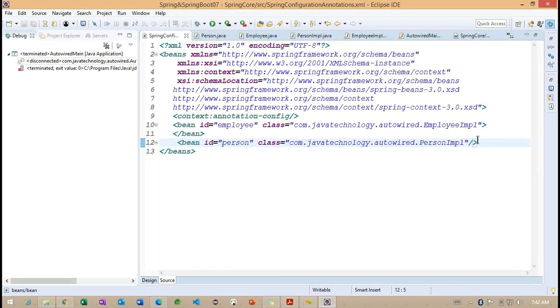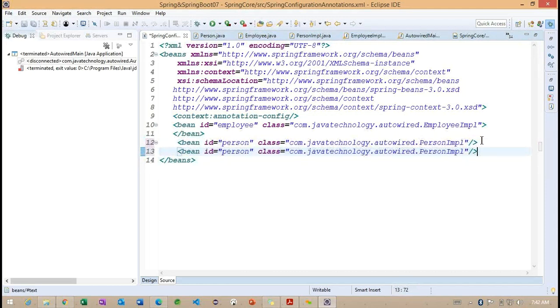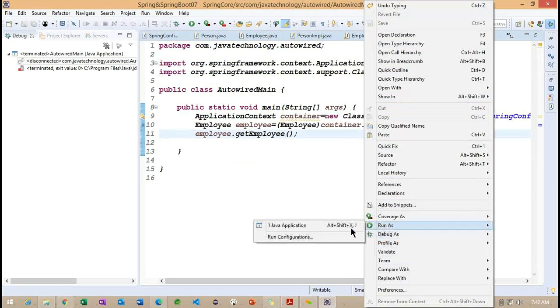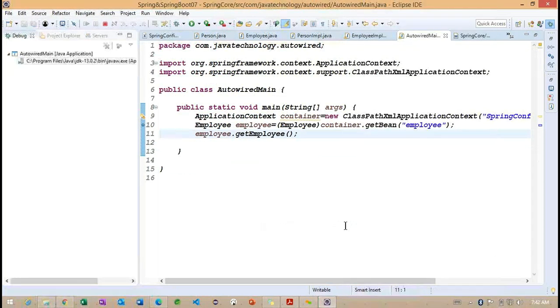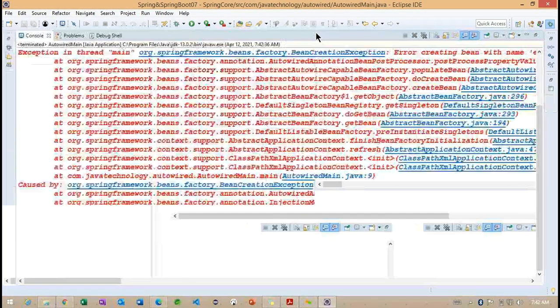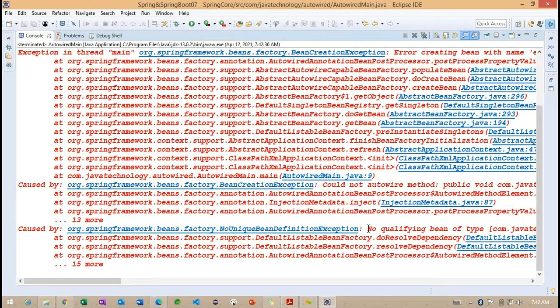So inside this, I'm having two beans here. Now you can see what is happening internally. No qualifying bean type here.